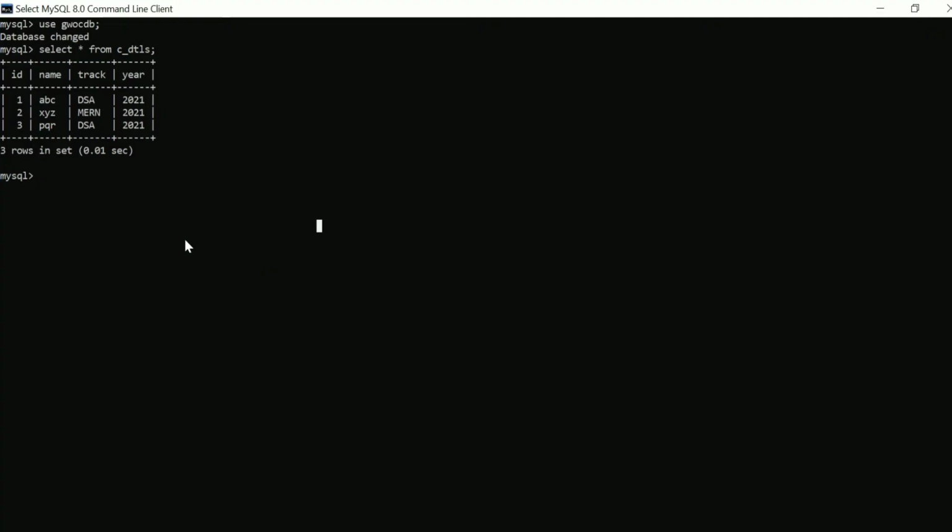Suppose we want to update track of contributor with ID 2, then we can do that easily using update command. We will write update table name set column name.